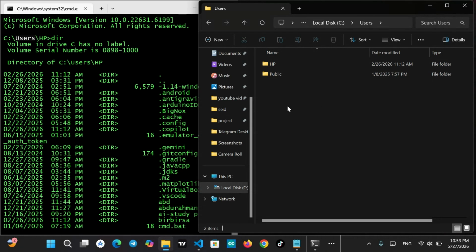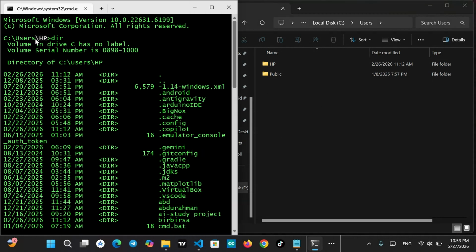Yes, it's right. It is the HP folder, and we click it.